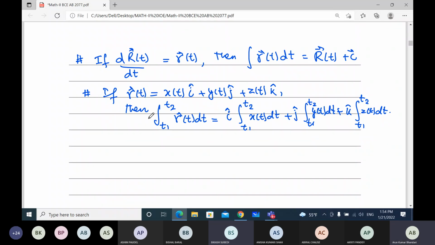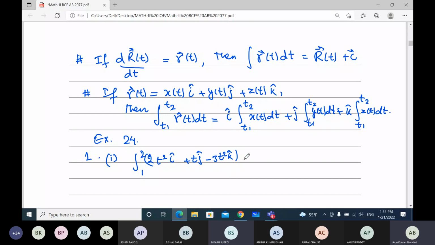Let me do a few of them for you. Question number 1 of exercise 24. The first one says the integral from 1 to 2 of 2t square i plus t j minus 3t square k